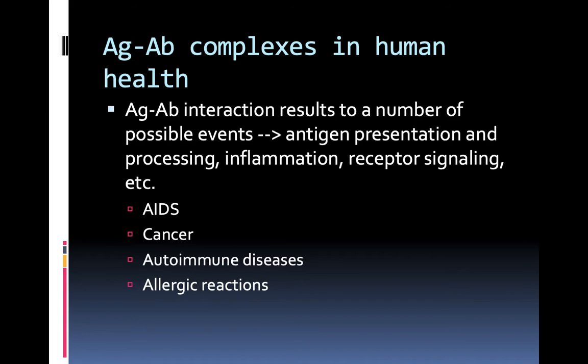Okay. Now, if we examine the role of antigen-antibody complexes in human health, let's discuss a few examples. In human health, the association of the antibody with its specific antigen, leading to the effects that I mentioned a while ago, might be beneficial or might be detrimental. Let's take the case of HIV and cancer as examples, AIDS and HIV. I mean, AIDS and cancer, rather. So, the use of antibody complexes in vaccine development and immunotherapy for these two diseases, these two pathologies, has been